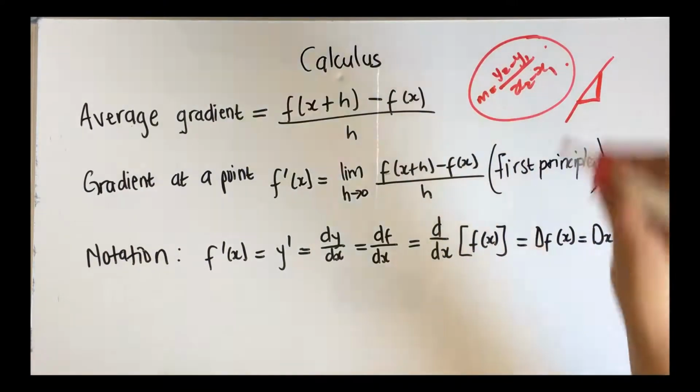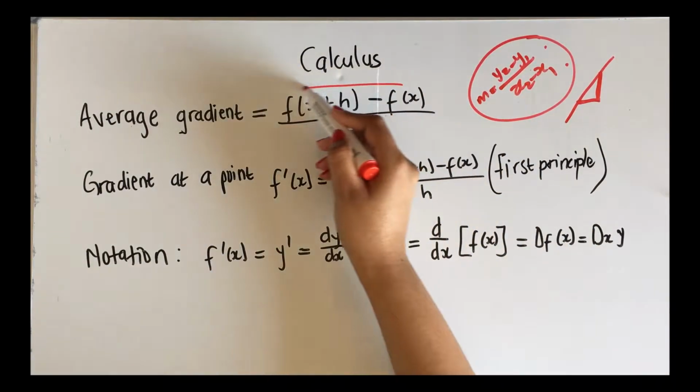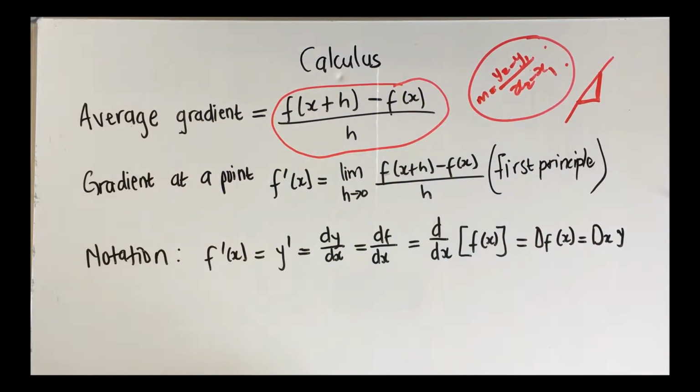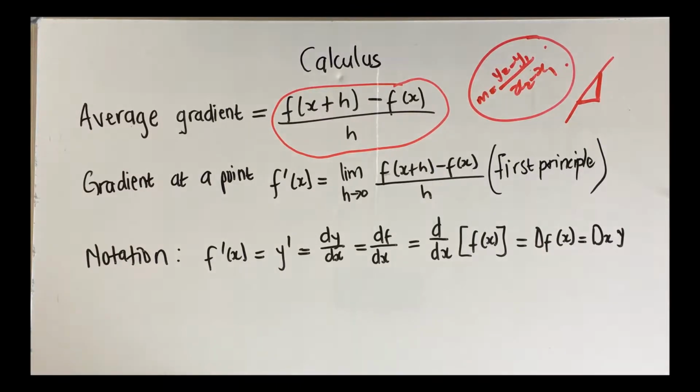Okay, so now what if I have an exponential graph, a logarithmic graph, a trigonometric graph, or maybe a hyperbolic graph, and ngifuna ukuthola a gradient. Now this is where the formula comes in. Okay, so now this is what we use mangabe sifuna ukuthola average gradient sebenzisa le formula le. Okay, and then also sine first principle, so bazokubuza imibuzo like use the first principle to find 1 2 3